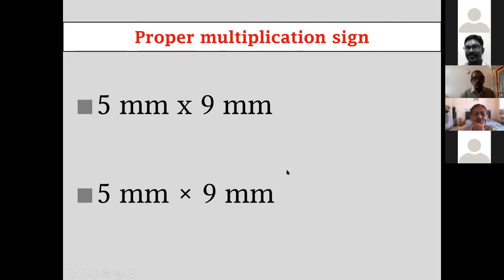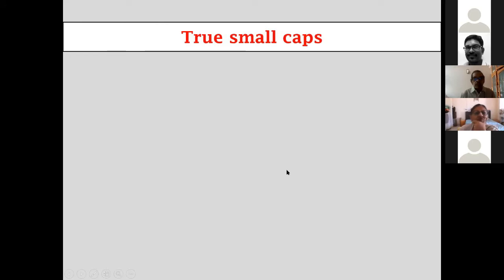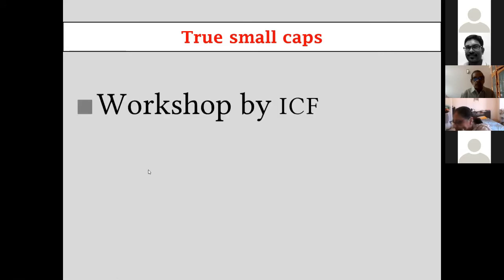Small caps, that's another hallmark of good design. You have, for instance, the same way you will type ICF in lowercase letters, select it, and go to font menu and choose small caps. This is what you get.